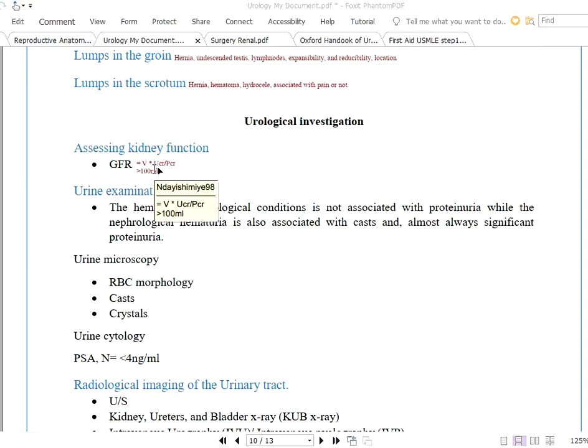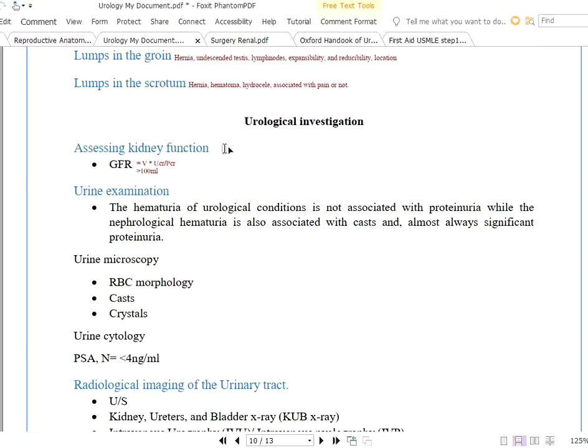The properties of a substance that can be used to measure the glomerular filtration rate are the following. First of all, that substance has to be